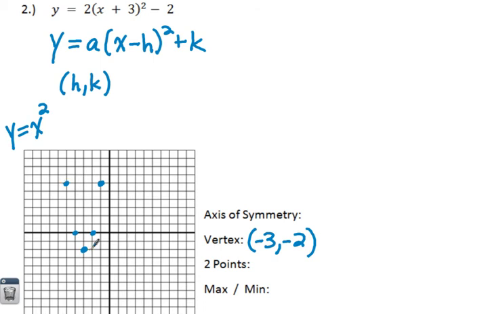And if we were going to go out 3, where normally we'd go up 9, we're going to go up 18, but we're a little bit out of bounds here, technically. And then just quickly sketching my parabola. So there's the sketch of the parabola based on the h value, the k value, and the a value,